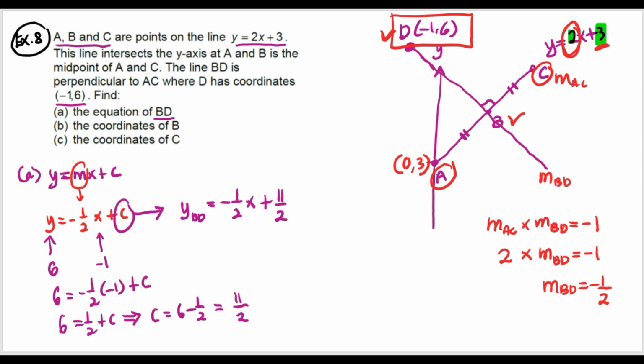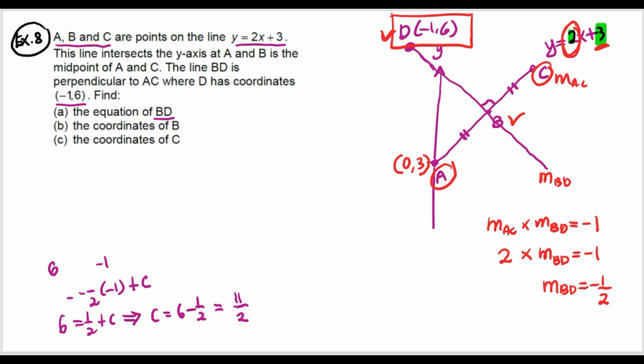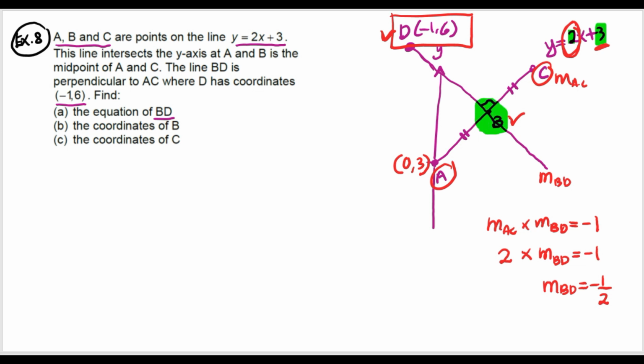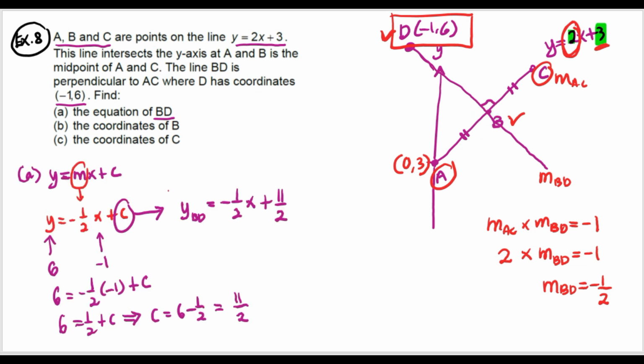Okay, now we need to find the coordinates for B. All right, let's go to question B now. For question B, we note that B is the intersection point between the line BD and also AC. So we have the equation of BD, which is given by this